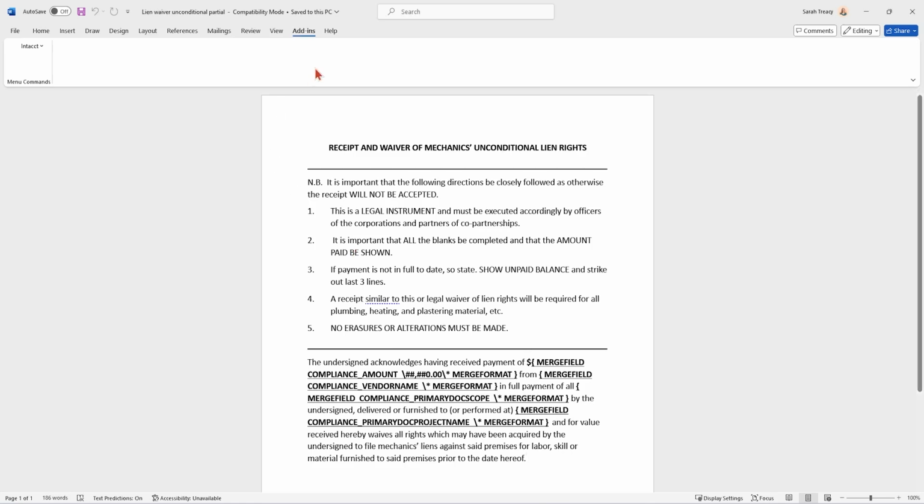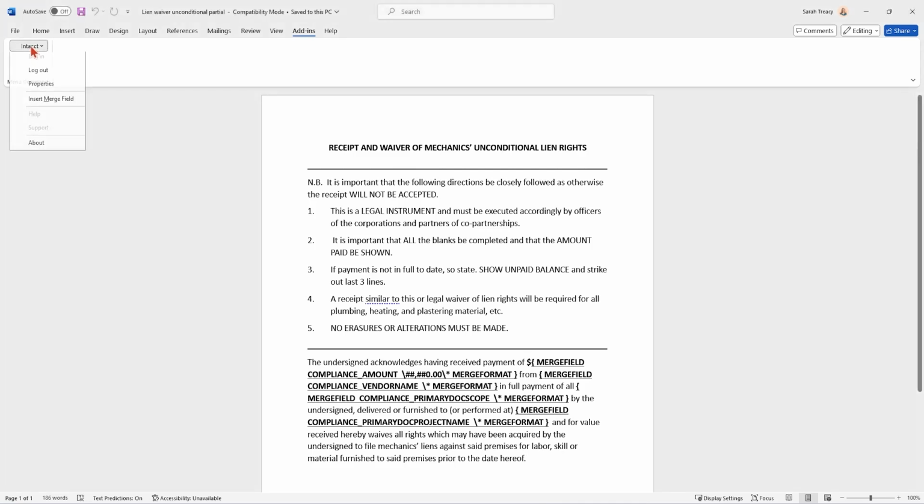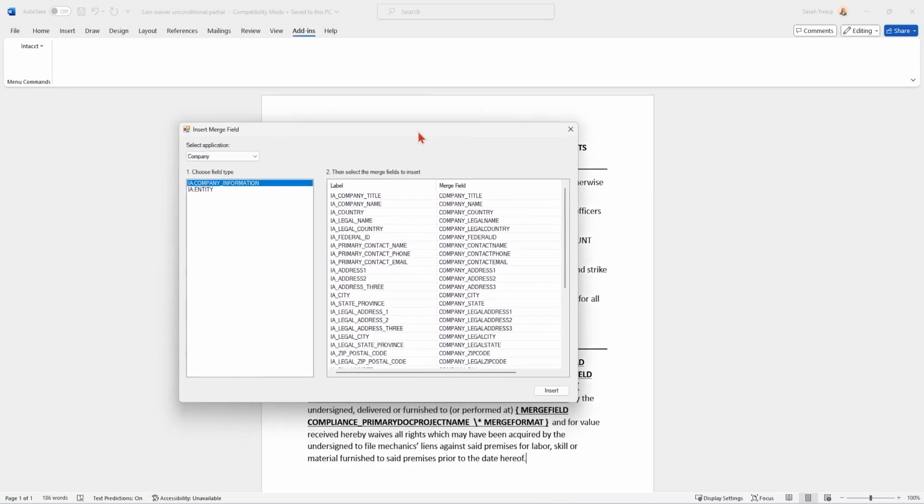And then up here, because you've got your toolbar downloaded from earlier on in this video, you go to your add-in section and you have the option to log into Intacct. So if I click on login, this is what pops up. It's looking for your company ID, user ID, and password, and just put them in and log in. So I have logged in now. And once I click on my drop down again, I have this insert merge fields option. So I'm going to want to click on that. And this always does take a second to pop up. And here it is.